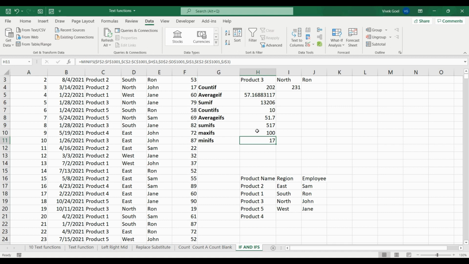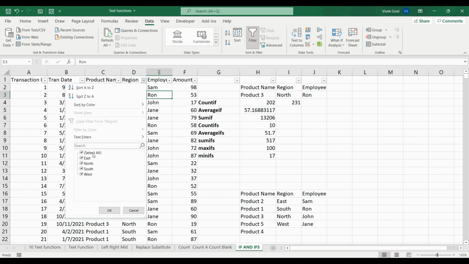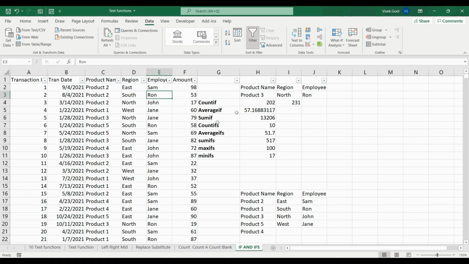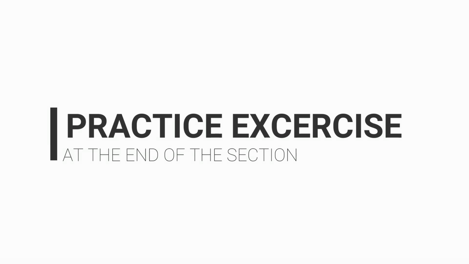So if we want to filter on a single column or on the basis of a single condition, we use IF, and if we want to filter on the basis of multiple conditions, we use IFS. Both these methods of manually filtering data and using these functions are really helpful. If you are working with data, you will be working with these functions very often. At the end of this section, I will drop some questions related to SUMIF, SUMIFS, AVERAGEIFS, so that you get a proper understanding of these formulas.